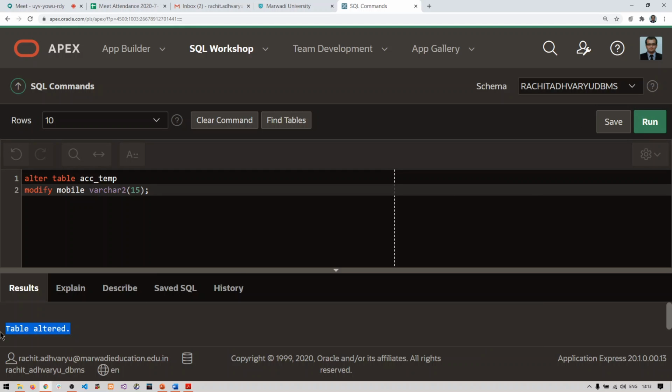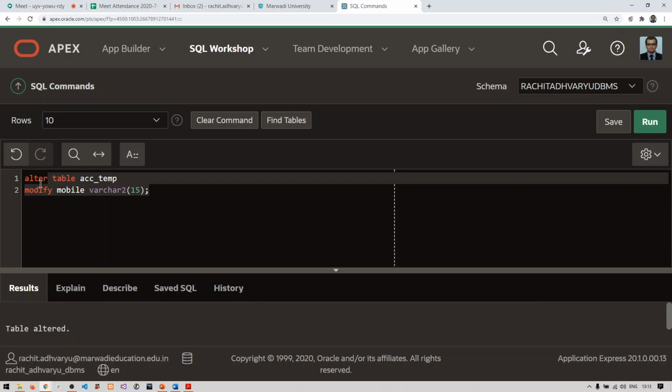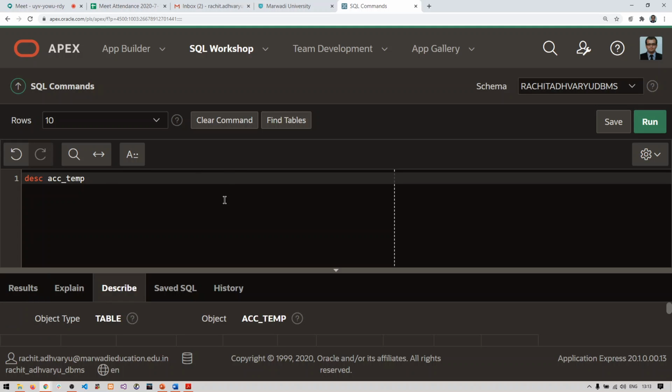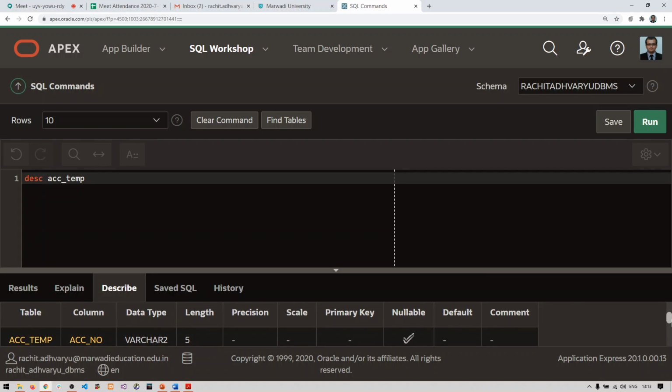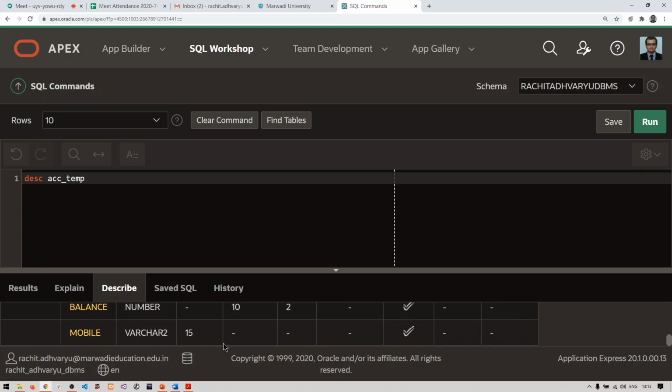So I'll get a message called table altered. So I have changed my size and let us see the table structure now. So apex.oracle is quite misbehaving today. So now see, mobile size has been changed to 15 from 10.